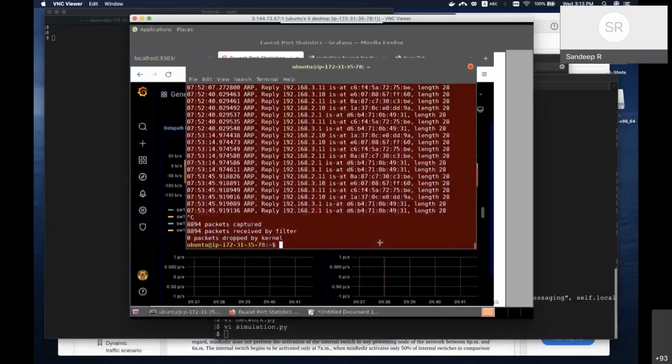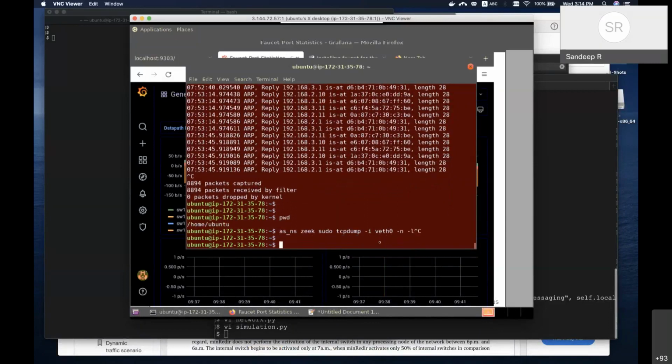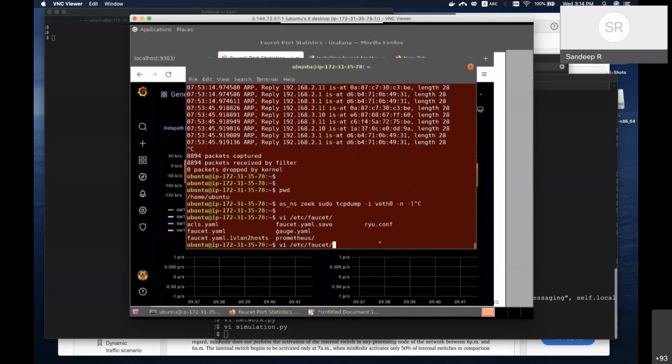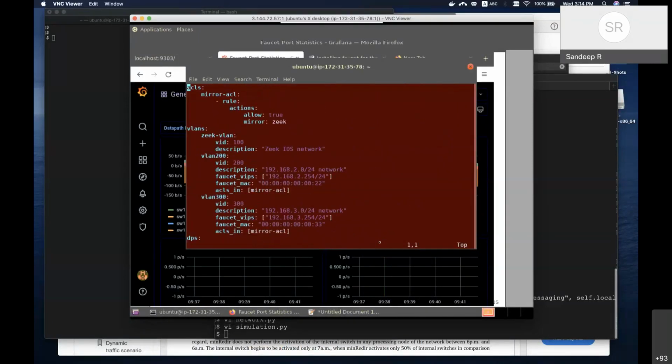Okay, so this is a faucet configuration file.